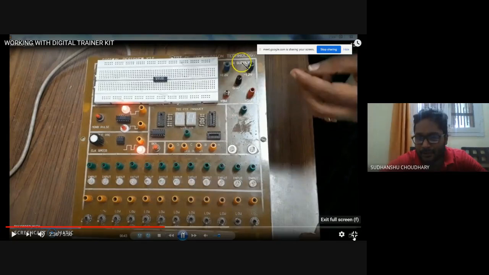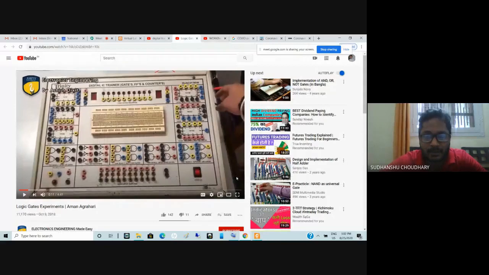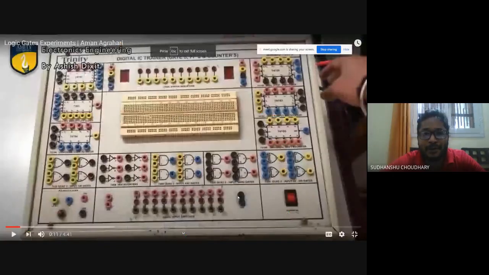Similar to this board, we have another board in our lab which looks like this. In this board also you have a breadboard in the center with horizontal lines. The top and bottom ones have horizontal connection, and the two middle ones have the vertical connection, isolated from each other.